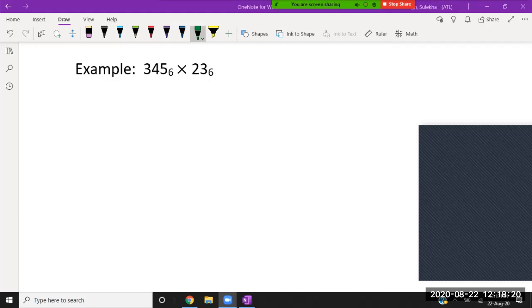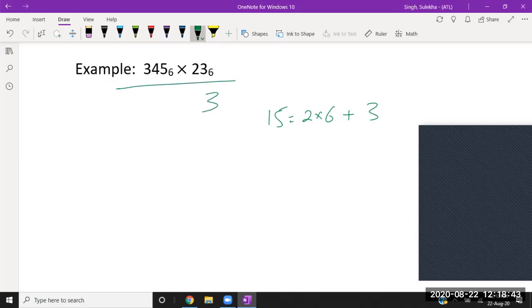Okay, some students got it correct. Good. So this is the same thing. Okay, so you need to multiply 3 with those numbers. So 3 into 5 is 15. This 15 you need to write as a pair of 6, so 2 into 6 plus 3. Okay, in this way you can write. So if you multiply this one, your first number is 3 and this 2 is your carry. Then you multiply 3 with 4, you are getting 12, and that is 2 into 6 plus 0. Okay, and this 2 again is a carry.